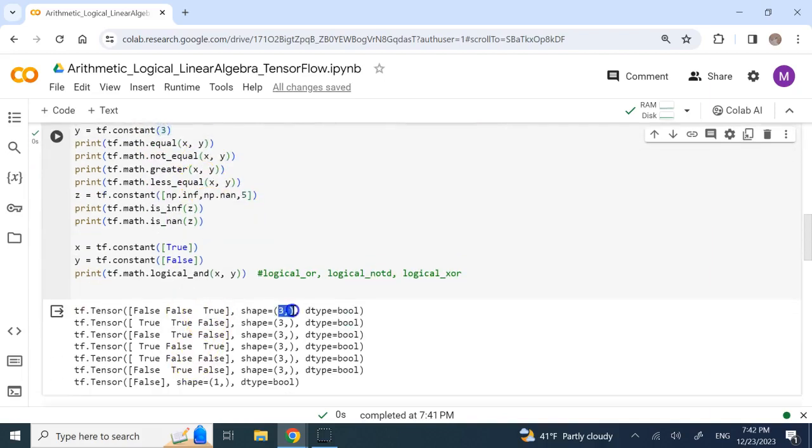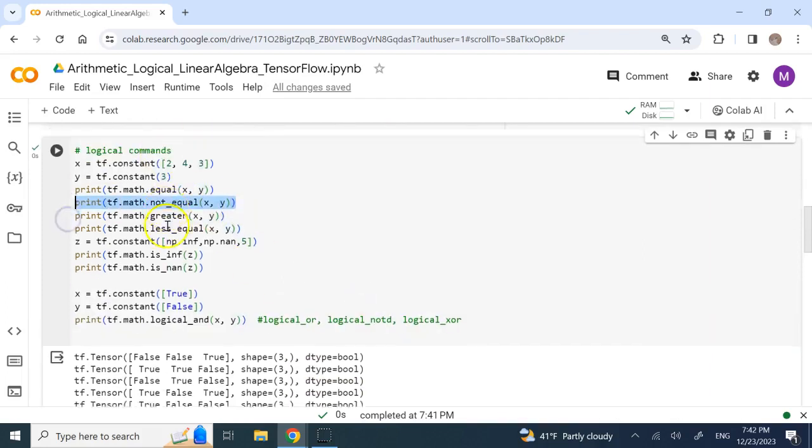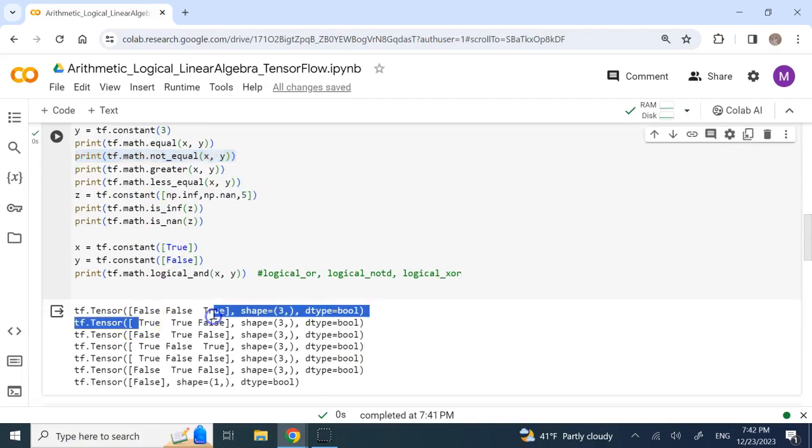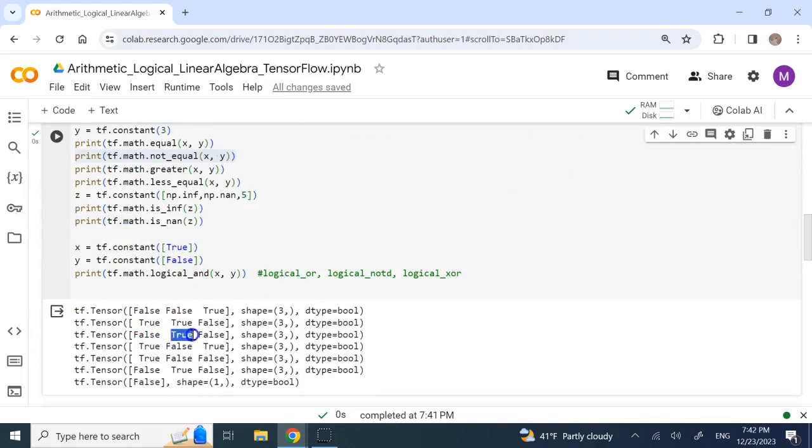You see the shape of it is 3 by nothing, which means it's an array. And dtype is what? Boolean. Okay, now not equal to, of course, you get 2 trues and a false. Then greater, only 4 is greater than 3, so you get only 1 true. Less than or equal, you get 2 trues for 2 and 3. And then